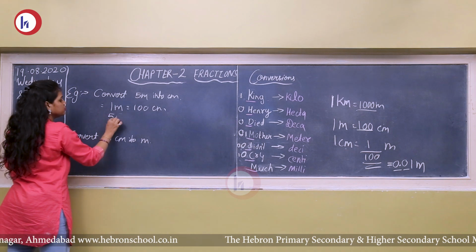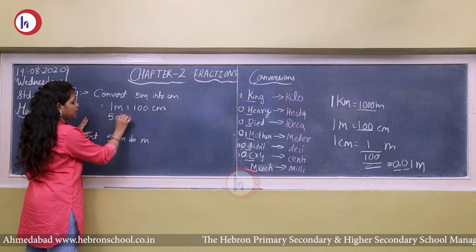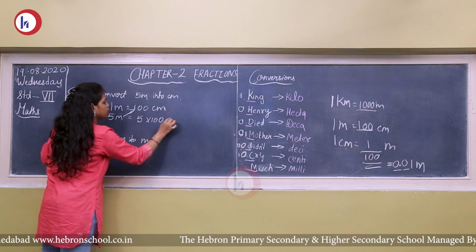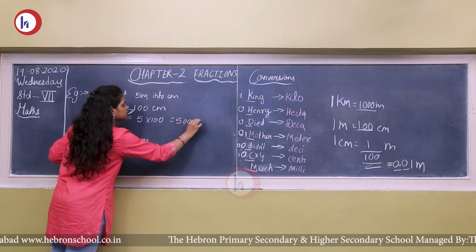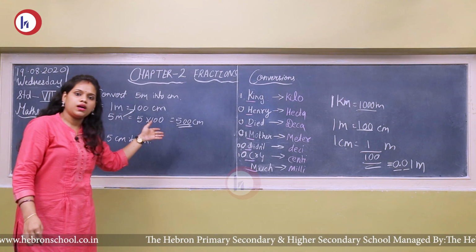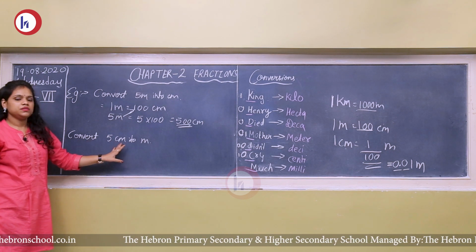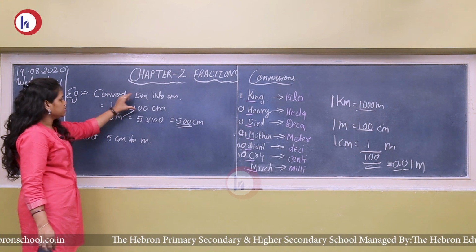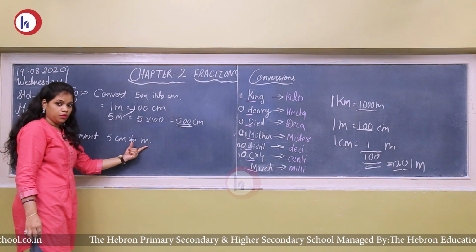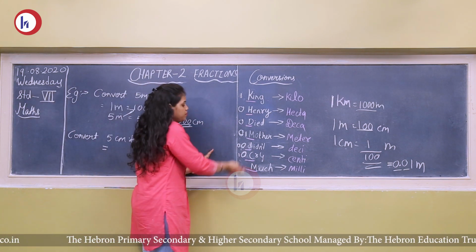So 5 meter is going to be how many? So for that you have to multiply 5 with 100. Cross multiplication, 5 into 100 will give you 500 centimeters. So this way any meter, kilometer, kilogram can be converted. Okay. Same way I have taken convert 5 centimeter into meter now. This was from big to small. Now we are converting from small unit to big unit. So what we are going to do? Again I told you, you have to go reverse for that.